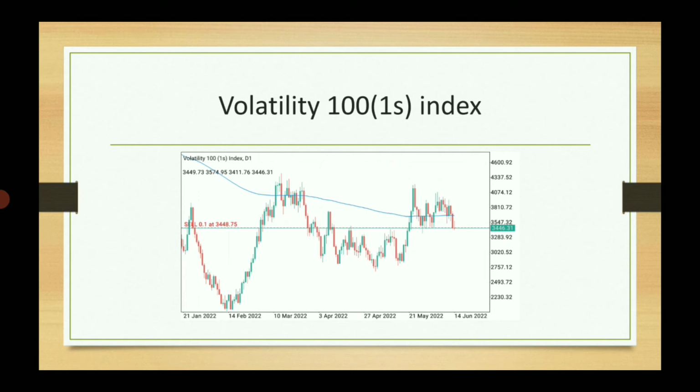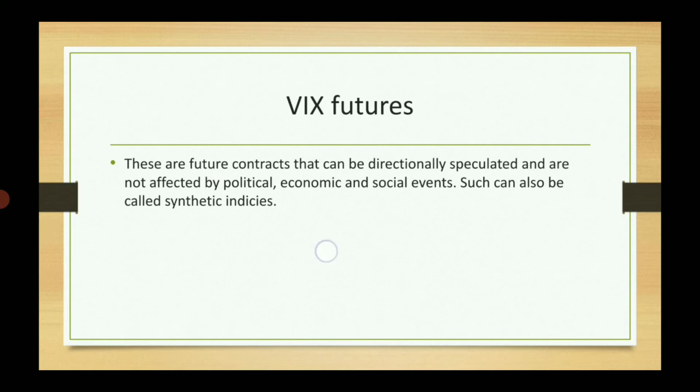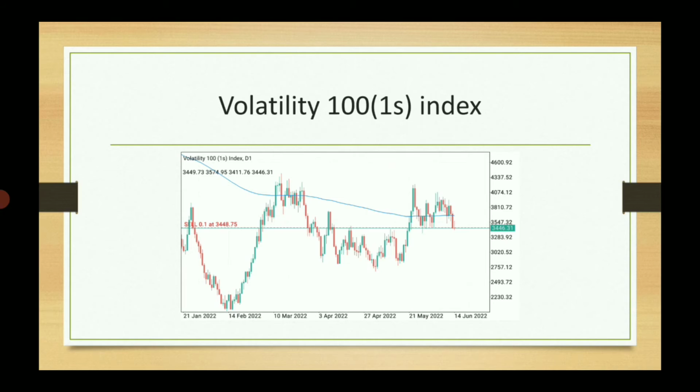Now, as I hadn't yet shown you, volatility indices, which are VIX futures, are also called synthetic indices. Synthetic indices are far different from all the others that I've shown you. They mainly deal with market structure, these graphs and how they move, their areas and zones. For us, when we are trading, these are called markets. This graph we are watching is a market because it shows the human behavior and response to price.